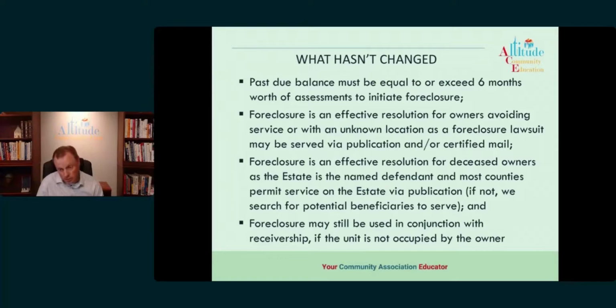There's also some risk to it. Typically, when you get a receiver in there, they're going to have to spend money. That money comes from the association. So the association is going to pay the receiver the money that it needs to bring the property up into compliance. Again, we try to recoup that through foreclosure, but there's always the risk that we don't get that money. So there is some risk both ways, both some risk and some advantages.